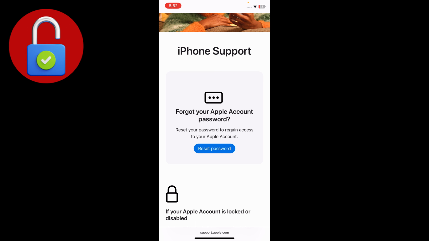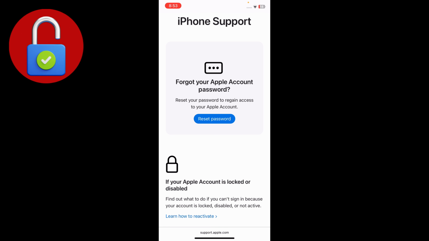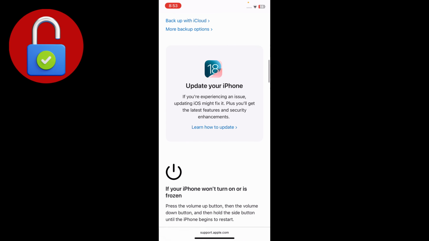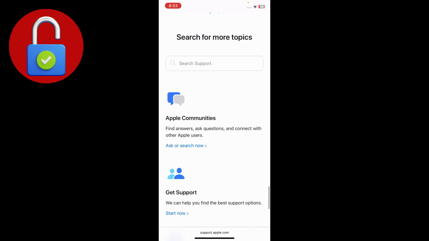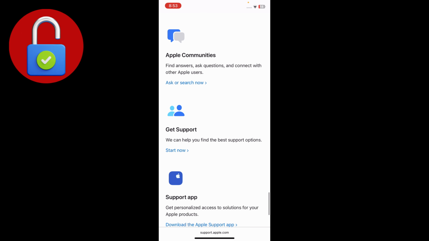If your account does not log in and says that your Apple ID is not active right now, that's a problem. So you have to fix that before your account gets disabled. You have to scroll down and find a support option here. Simply get support. Just tap on that